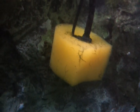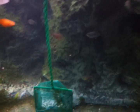So what I did was I took a little pond pump and I hooked it up so that the hose runs back behind where the heater is, to add a little bit more water to that back chamber. But while I was doing that, I found two fish that were trapped back behind there. One of them was one of my orange swords. I don't know if I can find him right now, but he's alright. He's a little thin, so obviously he wasn't getting food for probably a few days, but I think he'll make it. And the other one was a small